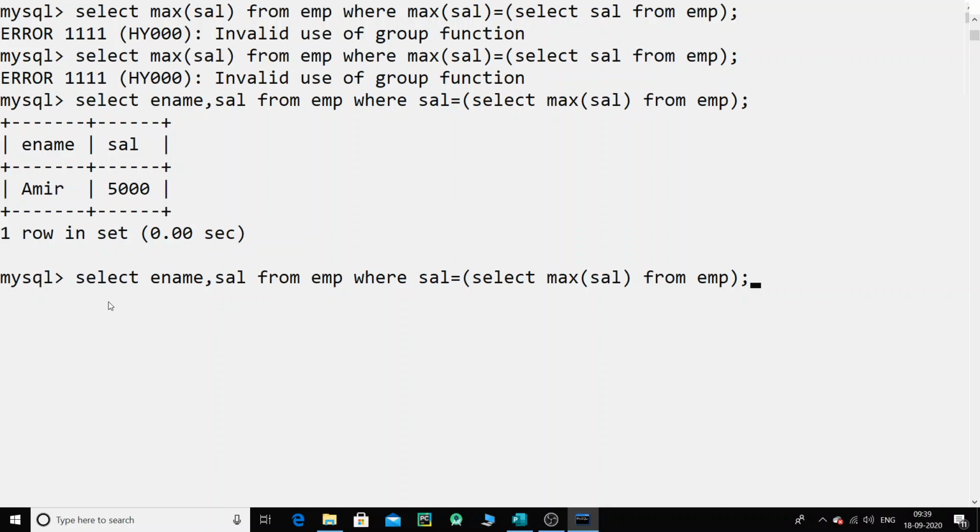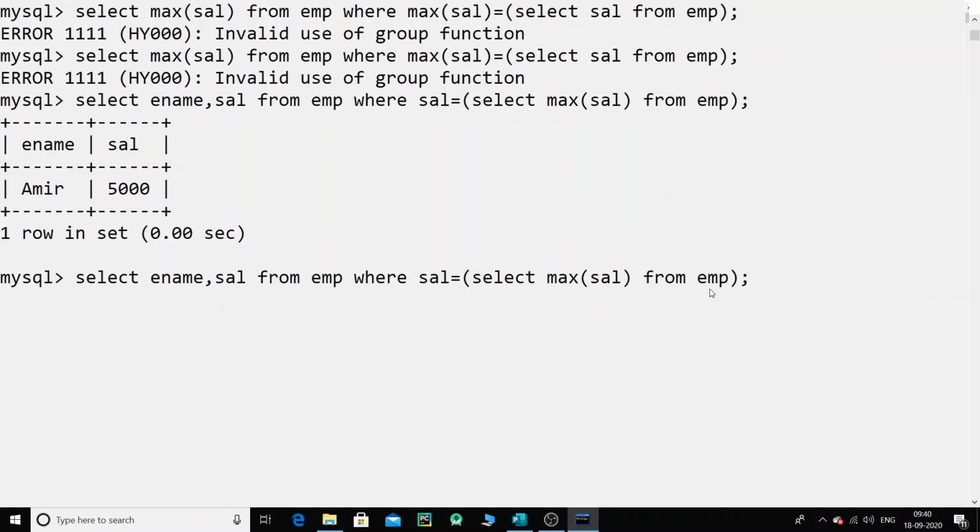I said select the employee name comma salary from employee, and then where, that's the condition, salary is equal to, and then I can apply some amount out here, but I want to check who has the maximum salary. Either I can manually enter that, but I do not know the value of the maximum salary. So under the bracket, again I used one more query, and that was select max of